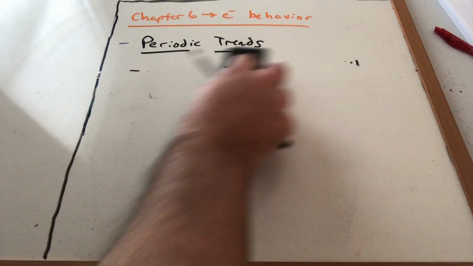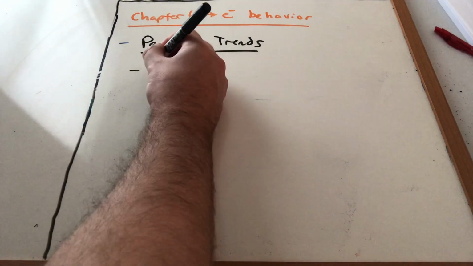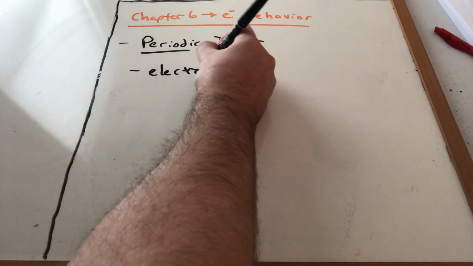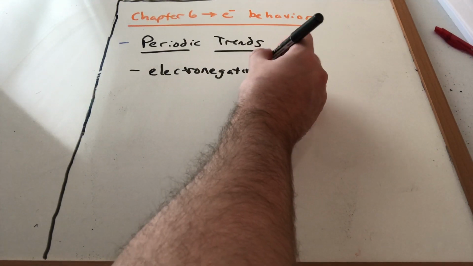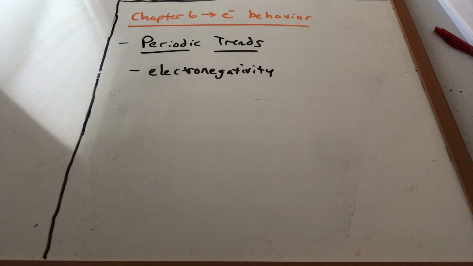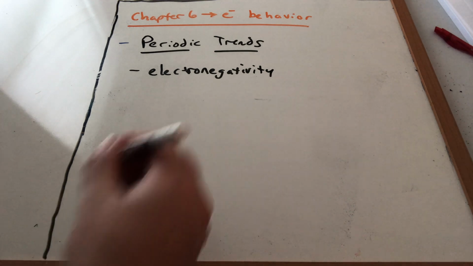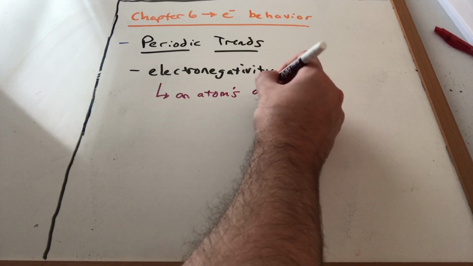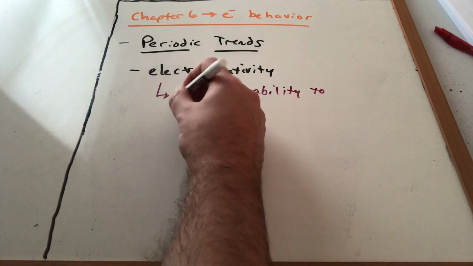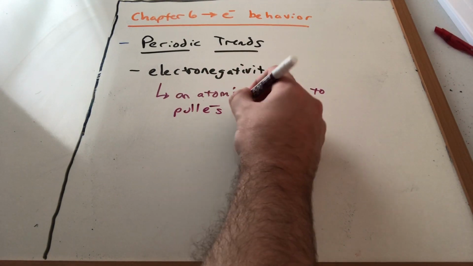The final trend we're going to worry about is electronegativity. And we will need this in the next section. Electronegativity. All right. We're going to need this in the next section because what matters, in terms of electronegativity's effect in the real world, is how things that are bonded feel each other. Okay? Electronegativity, right, is an atom's ability to pull electrons close to it